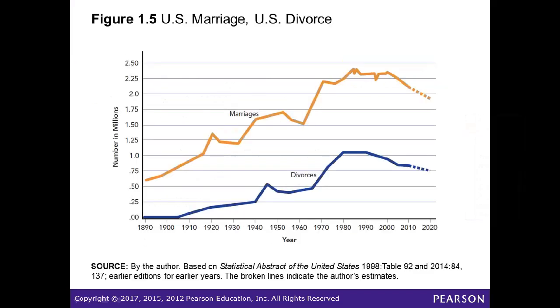Look at the divorce rate and the marriage rate. You see 1890 up to 2020. We see there's a rise and a decline over the years. So if you look at this section as it started to go on its decline, we're just trying to take a look at the U.S. marriage and the U.S. divorce rate.